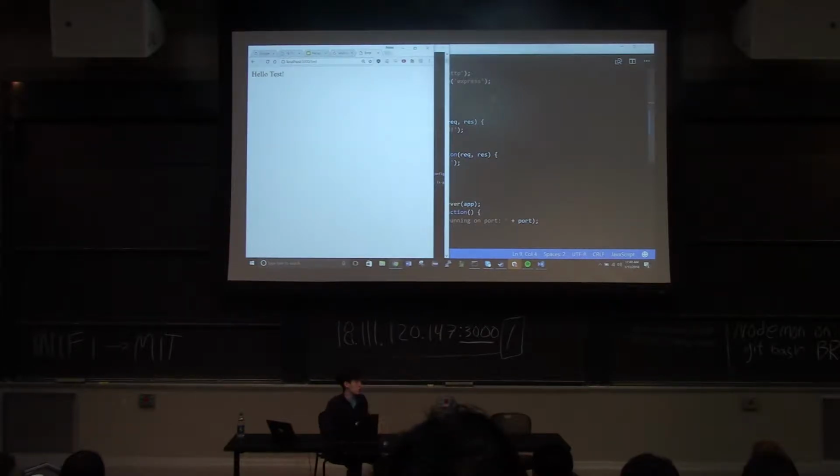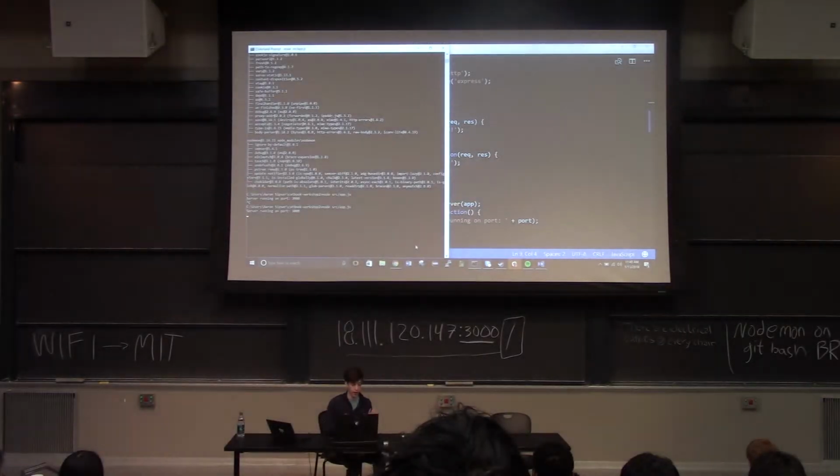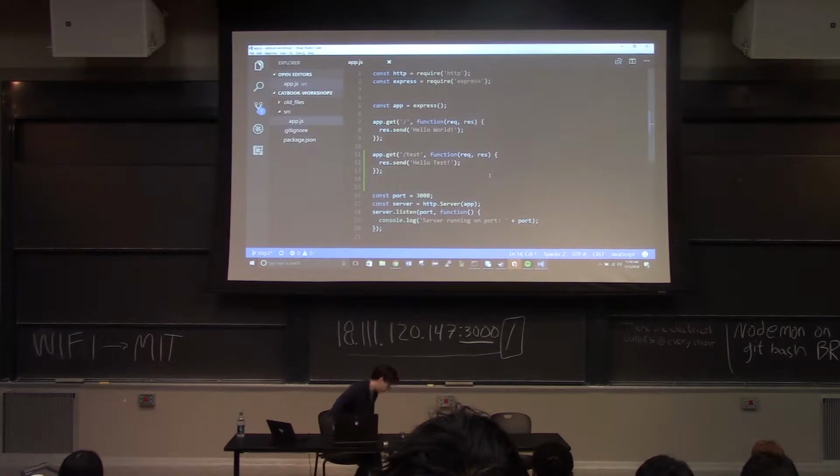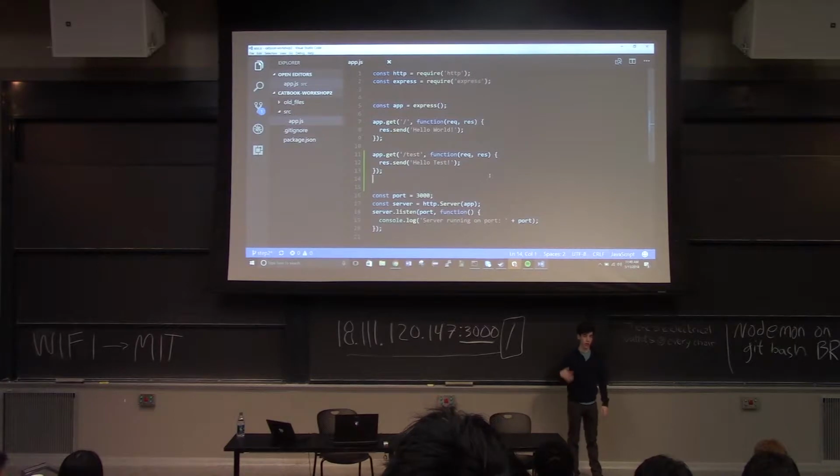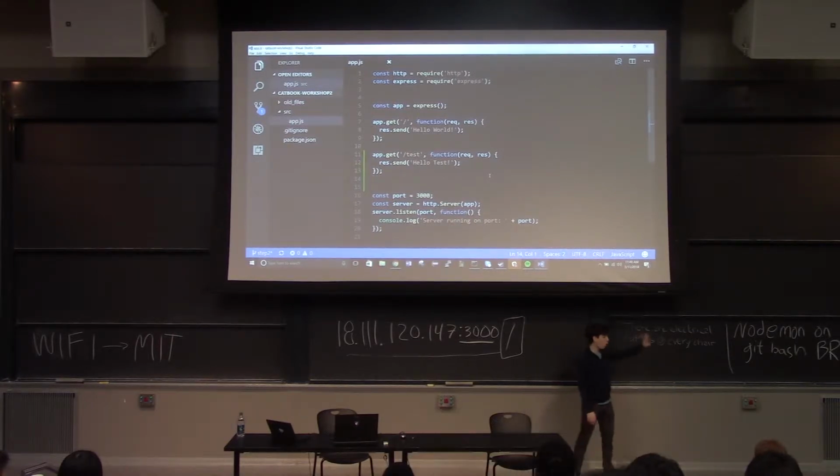Now, Monday introduced a tool to you guys yesterday, and it's called NodeMon. The way NodeMon works is that whenever you make a change to your website, it will automatically kill your server and start it running again. I'll hold off on using NodeMon for now. I will give you guys a little guide later on how to get NodeMon working for people who have it broken, because I don't want to confuse all of you on Windows trying to get it to work. But if you want to do a little bit of research yourselves,